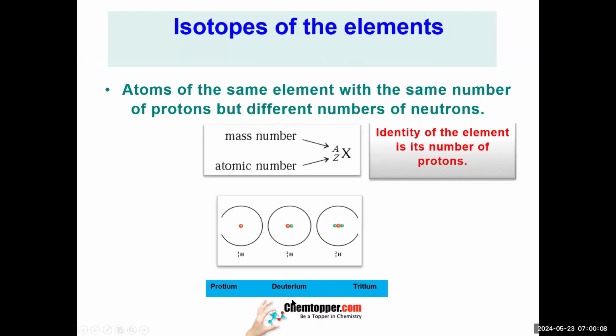If you look at the periodic table, I'm taking you to the periodic table. In the periodic table,